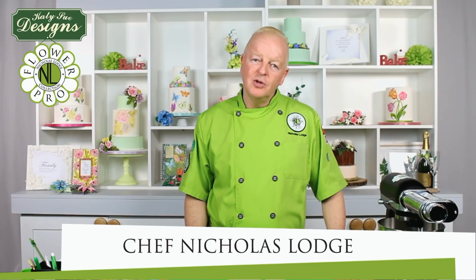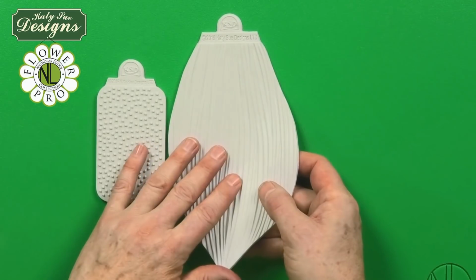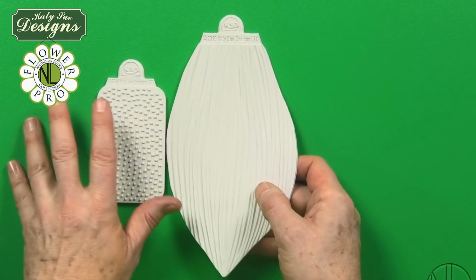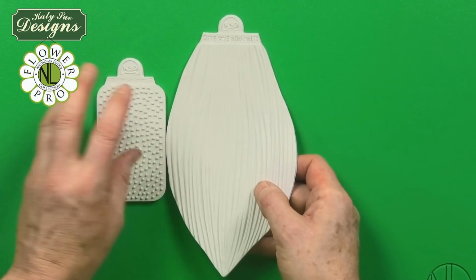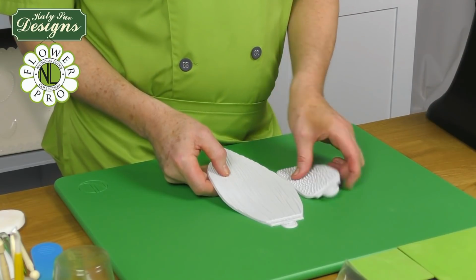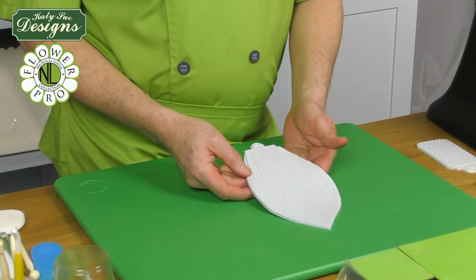So I'm going to now show you how to make, using my calla lily mat, these are the texture mats for calla lily, how to use this for foliage. Obviously if you watch the calla lily, arum lily segment, the YouTube video, that will show how we use this for texturing the center spadix of the calla lily, also using it for anthuriums, for grass, for leather texture, etc. Here in this video I'm going to show you how to use this to make